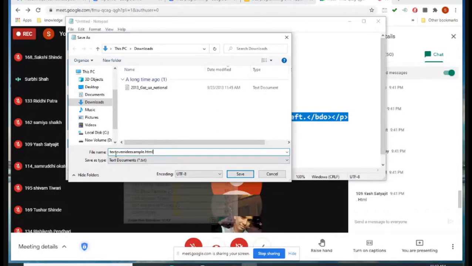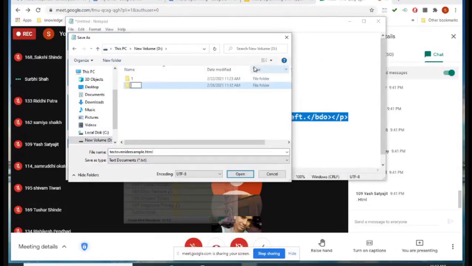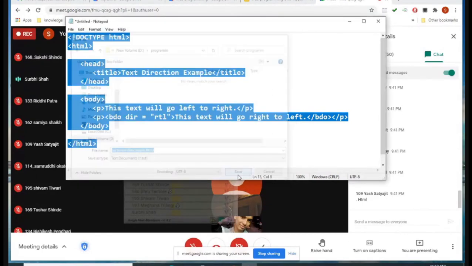Now I'm going to save in the D drive. Taking one new folder, named program. In that folder, I'm going to save. I have written the example name as text override example, and saved it with dot html. Save option, save it.